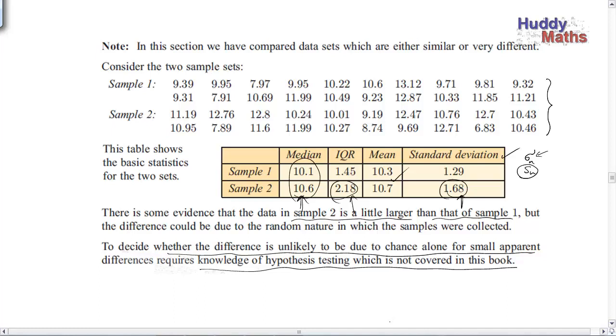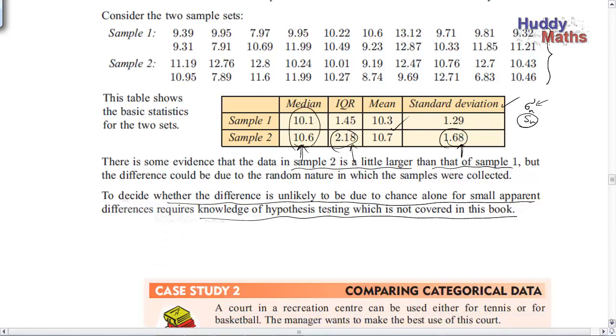Okay. Well, you'd need a bit more data, and also you could use hypothesis testing, but probably you go back and say, let's collect more data and look at how we're collecting it as well, making sure it's precise and there isn't a bias in it. All right, so keep that in mind. In other words, this is not the only way of comparing data sets in statistics. This is a very basic way, and we go on to much more elaborate methods later on. So hope you are still around for that. Okay, let's have a look at